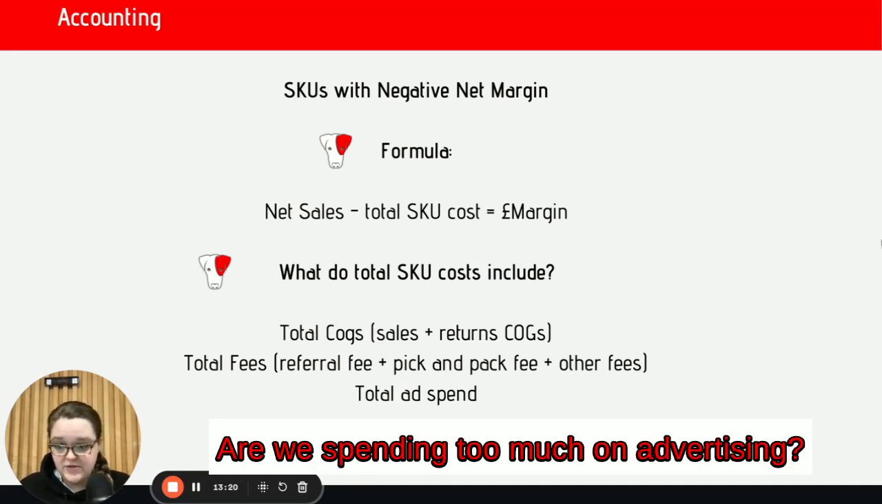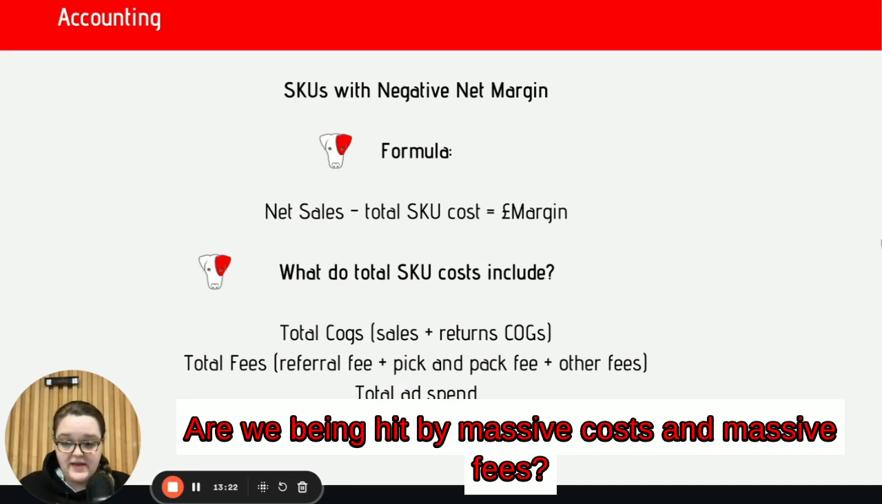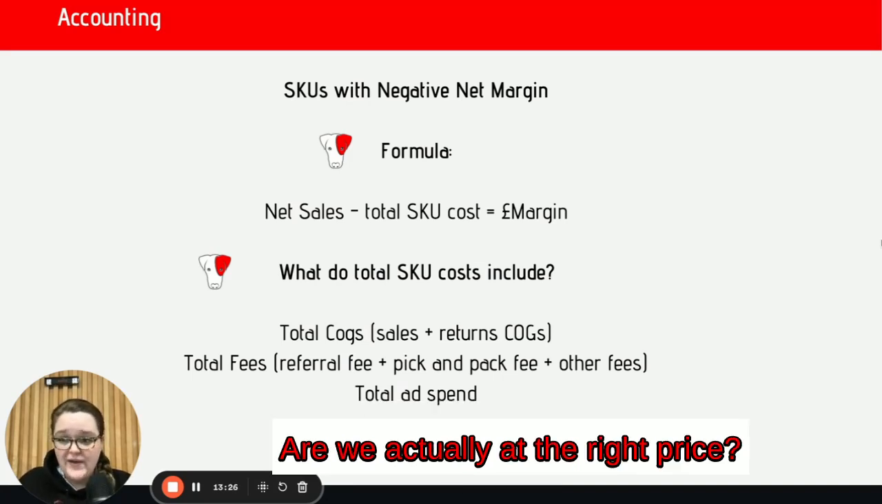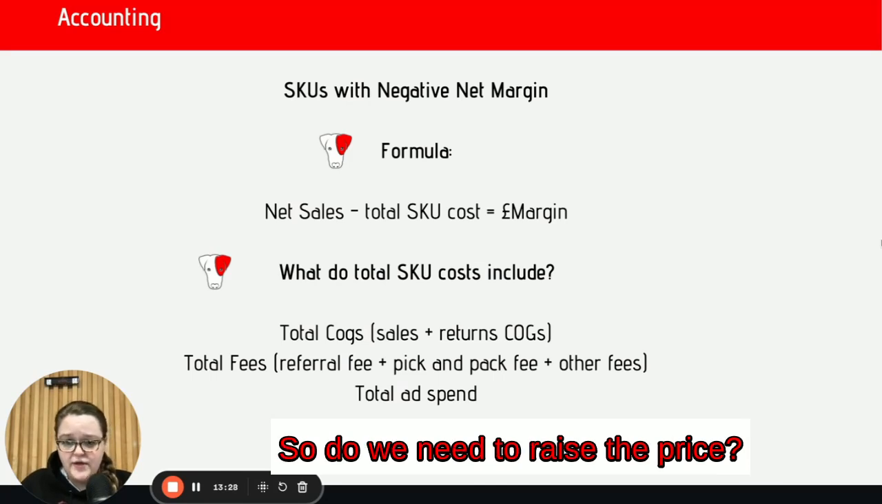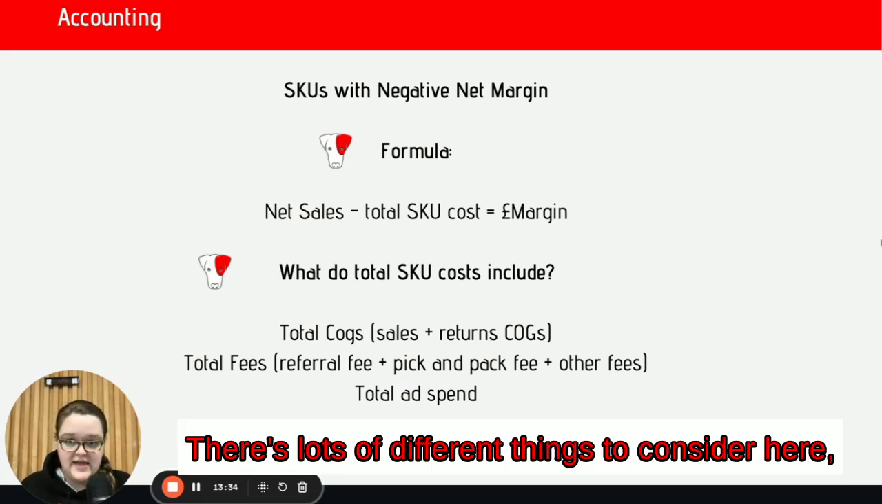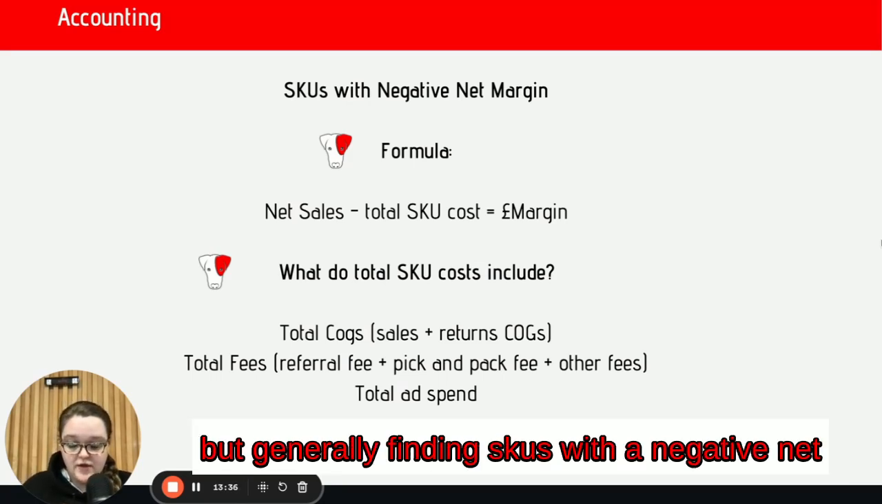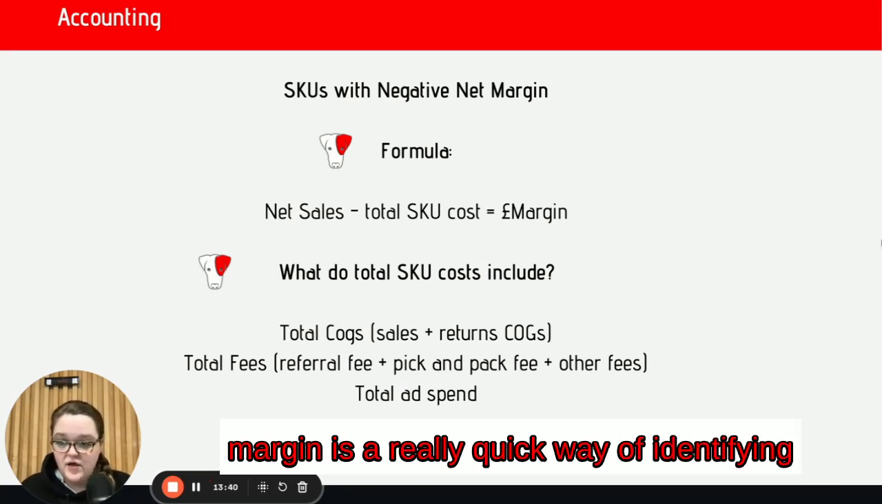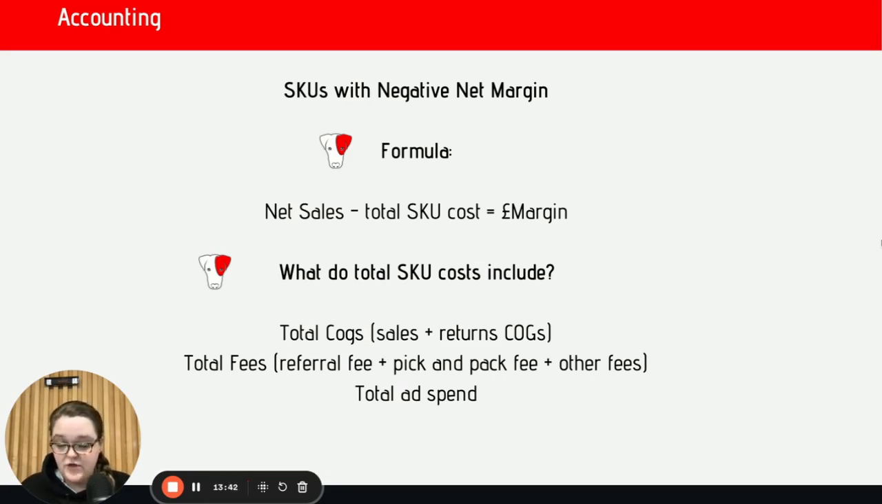Are we spending too much on advertising? Are we being hit by massive costs and massive fees? Are we actually at the right price? Do we need to raise the price? There's lots of different things to consider here. But generally, finding SKUs with a negative net margin is a really quick way of identifying action points on an account,